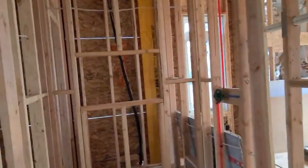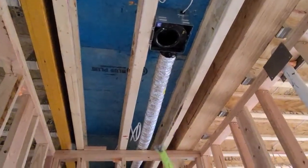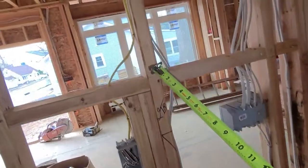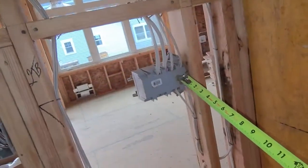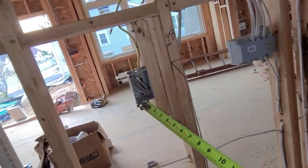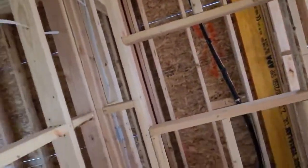Bathroom, green fan going over this way. All right, again, here's the sink, vented up. Here's my switch. All right, we have the light over there. All right, good, good. All right, with the kitchen,